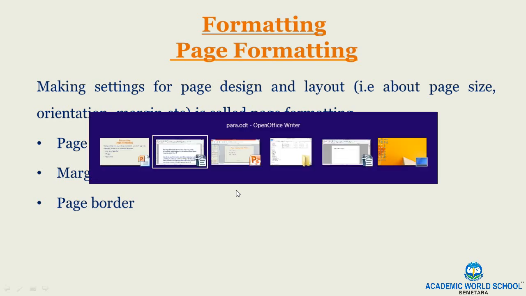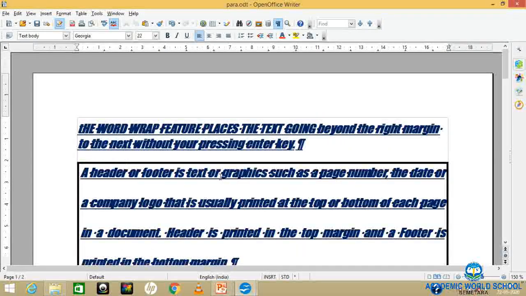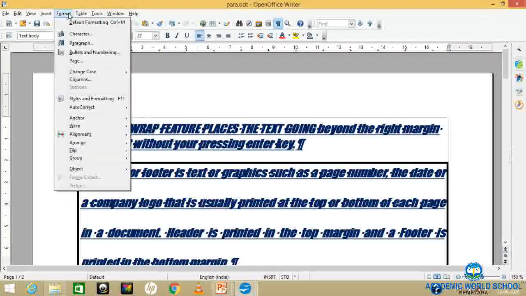Okay, see, here it has come. So this was your paragraph border and shading, line spacing, and paragraph spacing, text alignment in Writer.